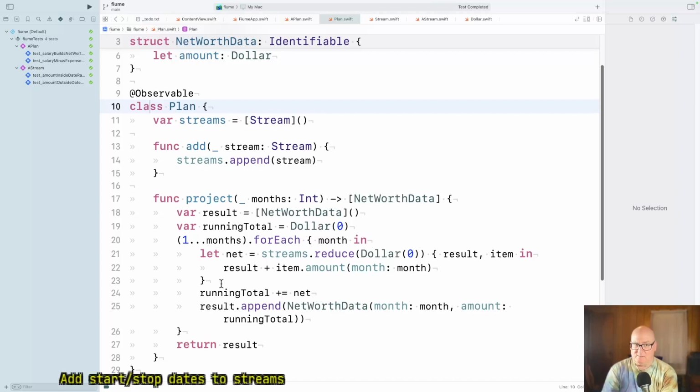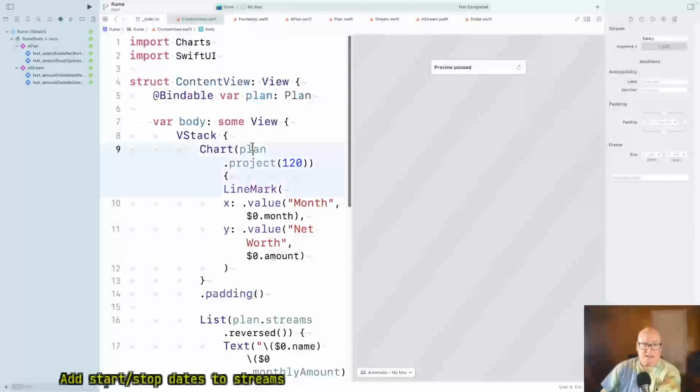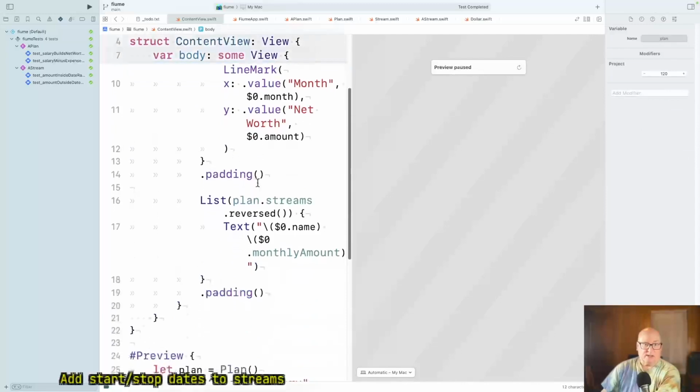Basically, it parses the view. What it sees is, hey, you're accessing plan.project or you're accessing plan.streams. I therefore should make those publishable fields that I can get to. And it handles all that for us.